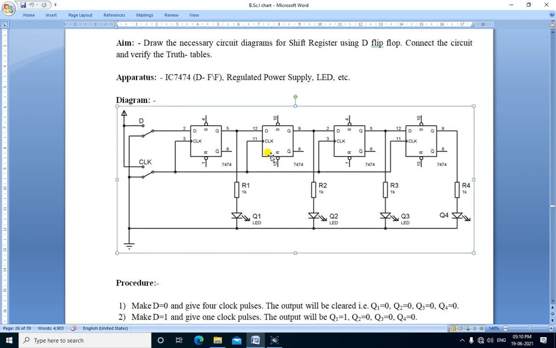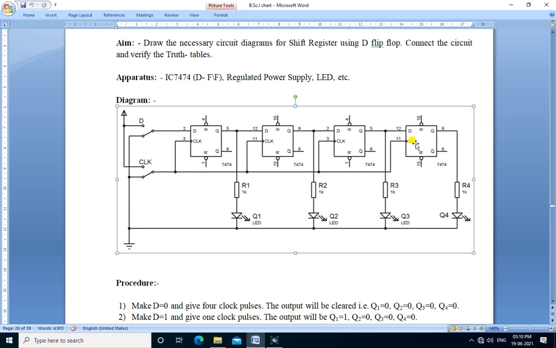This is the diagram of 4-bit right shift register using D flip-flop. There are total 4 D flip-flops. The first D flip-flop is connected to the input data and clock.